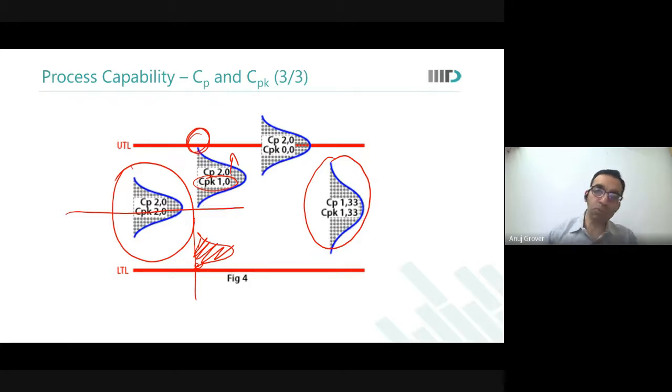So the most important thing to realize is for a good process, you want good control in terms of sigma and also good control in terms of where is the mean. Both things are equally important. You cannot simply talk about sigma and say सब ठीक हो गया. Is that okay?